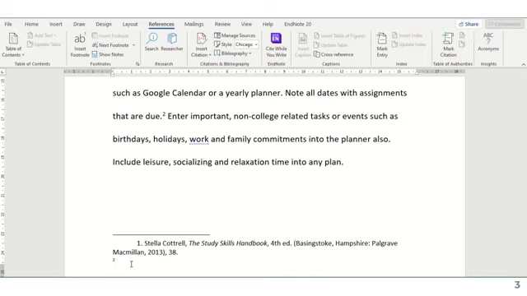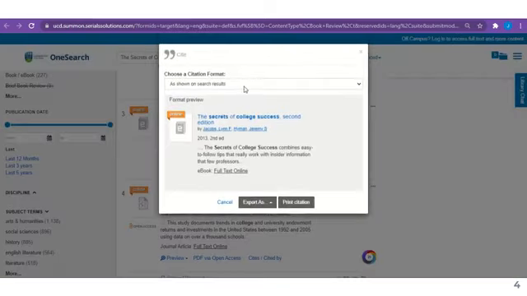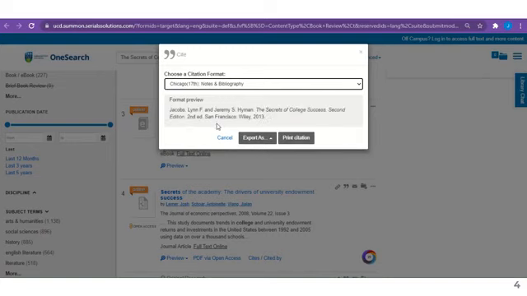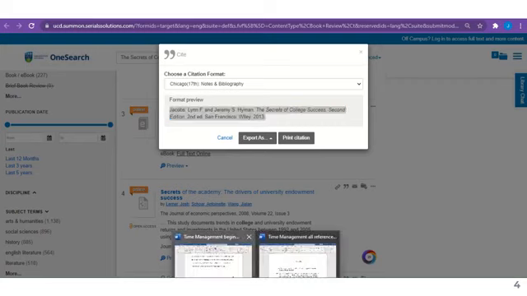To find the full source details for my book, The Secrets of College Success, I have searched for it on UCD Libraries Search Facility OneSearch. I have the book here on screen, and if I click the inverted commas that say cite this item, I can click that and select Chicago Notes and Bibliography and copy and paste the information there into my assignment